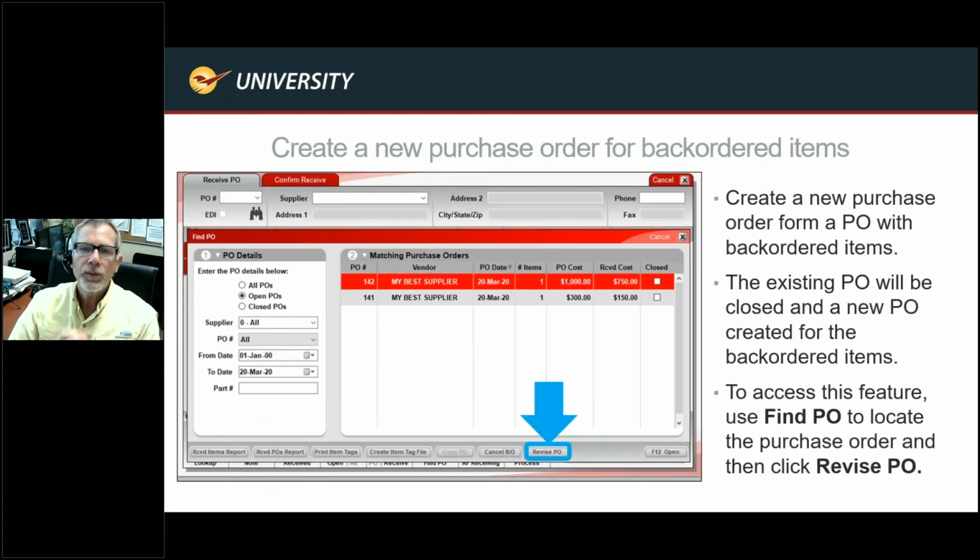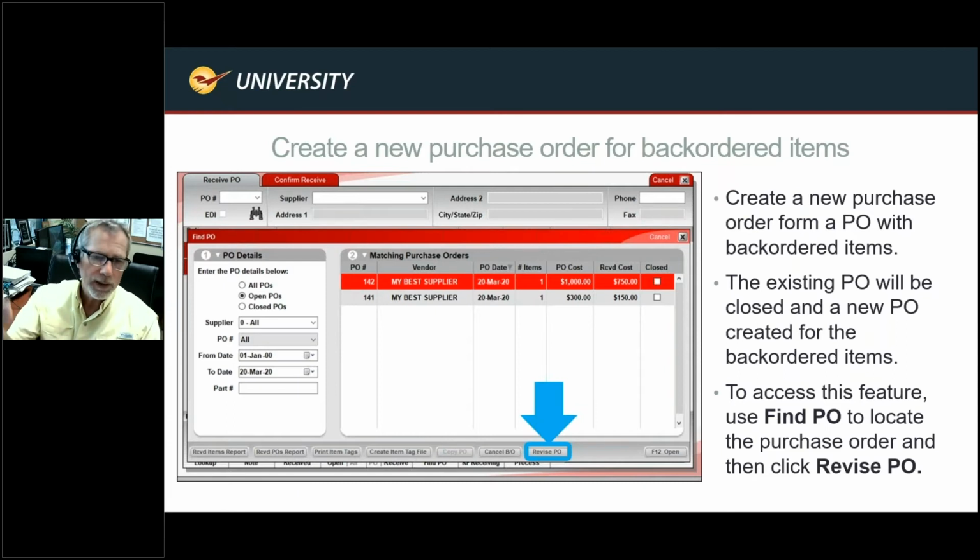All right, creating a new purchase order from back-ordered items. So most vendors don't support back orders, meaning they're not going to keep orders on file of product that you ordered if it didn't come in with the first truck. So what we've devised here is an opportunity for you to take all those items that weren't received in the invoice coming down from Ace and create another PO from that data.